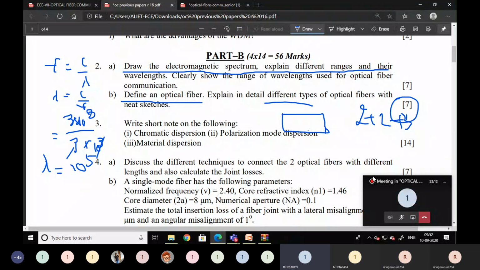Anything else? Still any other answers? In this gap, you may go to your previous papers in your notebook and tell the answer. If nobody is saying, plastic optical fiber, sir. Plastic is a fiber material; I'm not asking about that. There are some advanced ones, that is the second chapter. You enter into the second chapter.